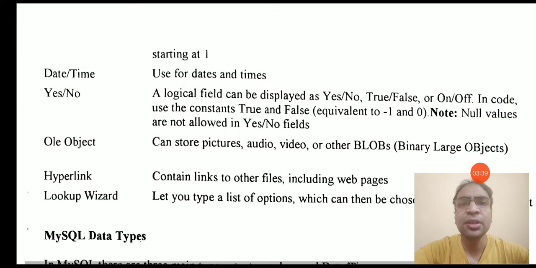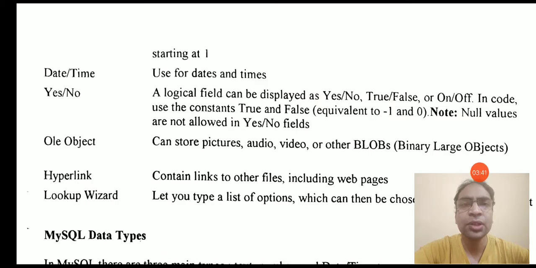We have the date time data type also, in which date and time is stored. We have a boolean data type, kind of yes or no, where only two values are allowed, either yes or no. Then we have OLE objects that can store pictures, audios, videos, that is large object files like blobs in other DBMSs.